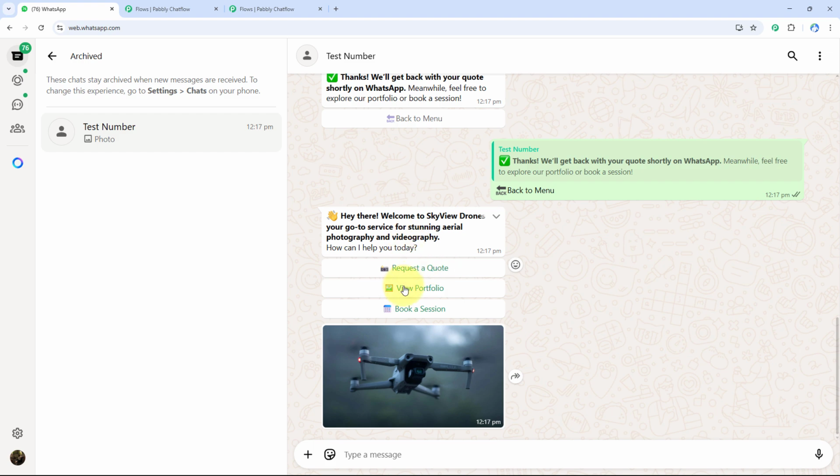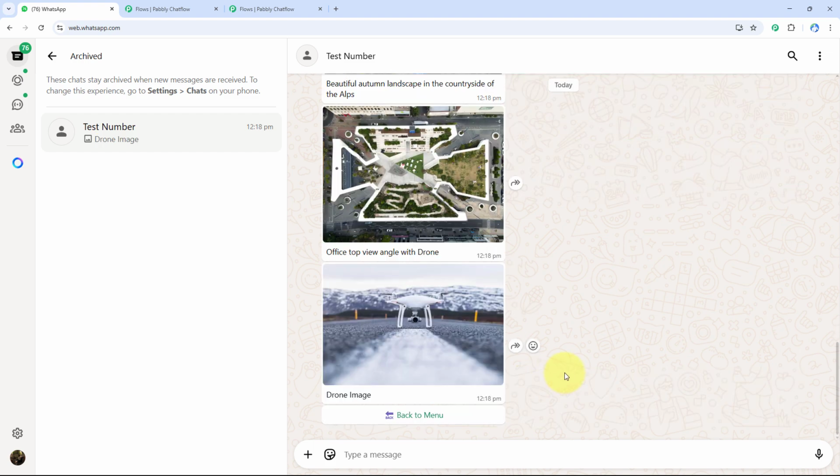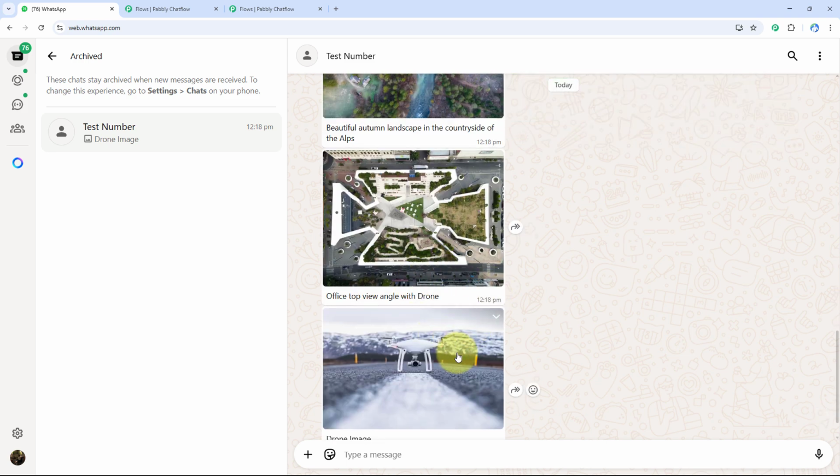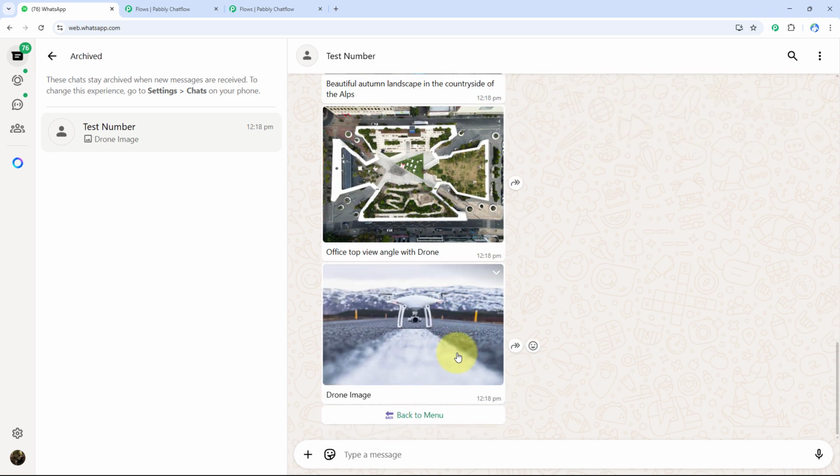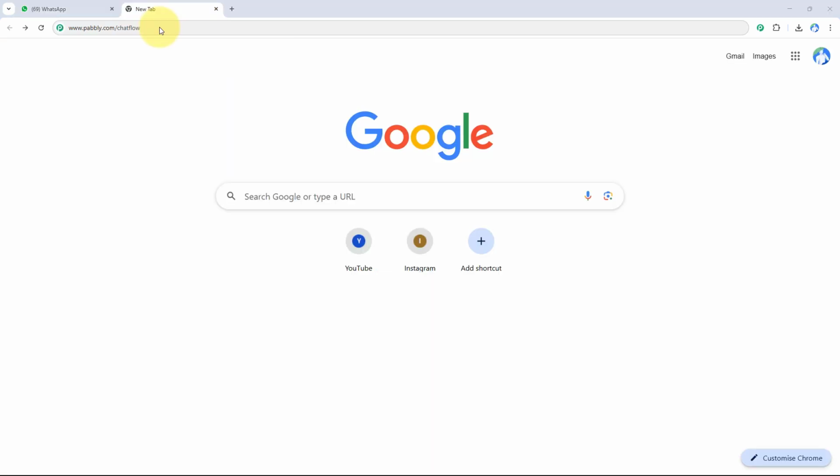Now I will select this view portfolio button, and as you can see, I'm getting the complete portfolio. So that's how our chatbot works, and I have created this chatbot with the help of Pabbly Chatflow. If you also want to create this chatbot, then you need to type